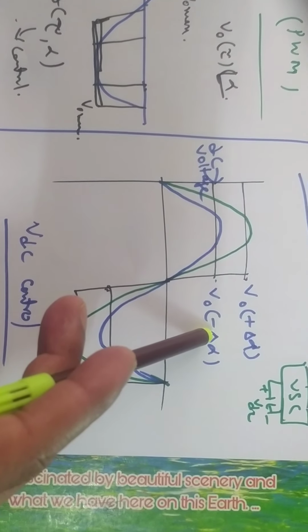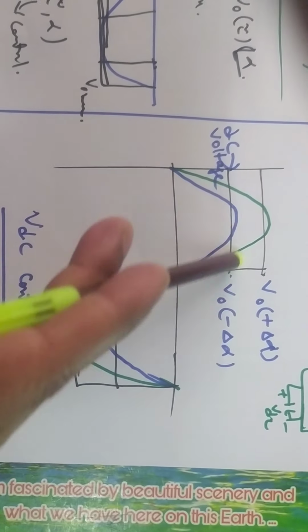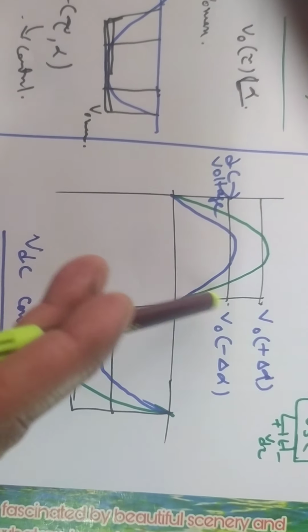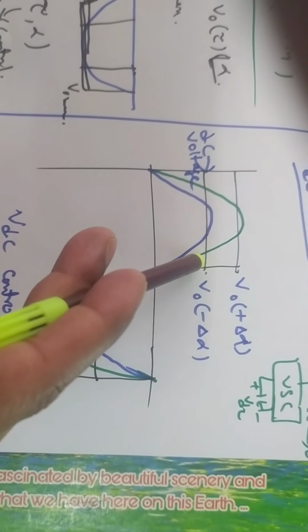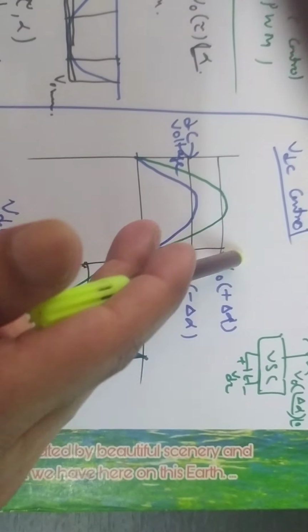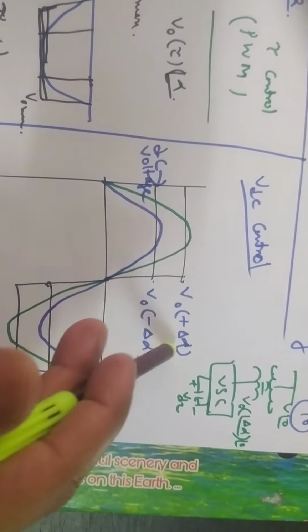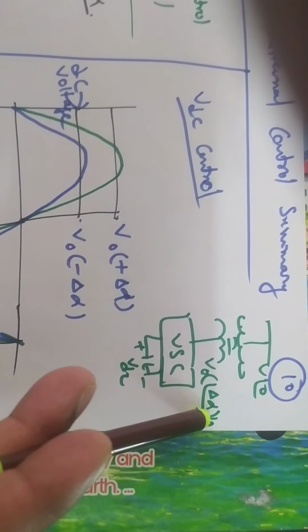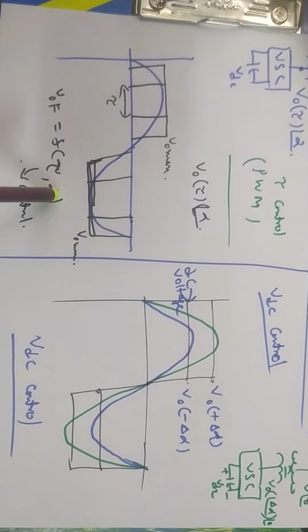Whereas here, instead of controlling tau, you can control the VDC by changing the delta alpha. So from the nominal value, by changing the VDC value, you can change the AC voltage, either more than the nominal value or lower than the nominal value. Both can be controlled by changing the VDC value from a minimum value to a maximum value with the limitations. So therefore, you can control the output voltage by changing the delta alpha. The delta V naught is a function of delta alpha at a constant angle, and hence in both the control methods,